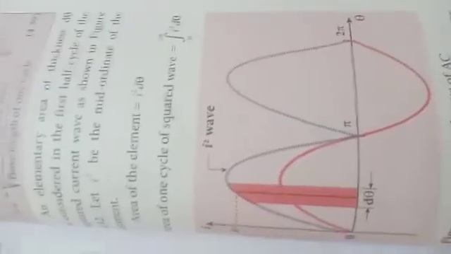Okay, so the RMS value system we can only use for AC. In the DC system, we cannot use the RMS value. So what is the meaning of RMS? The root mean square value of an alternating current is defined as the square root of the mean of the square of all the currents over the one cycle.